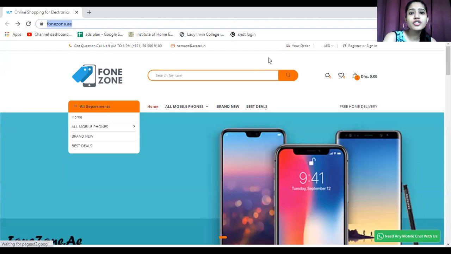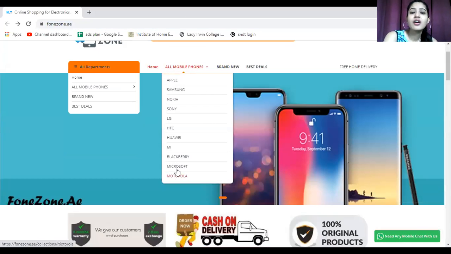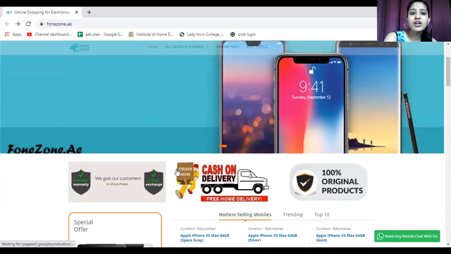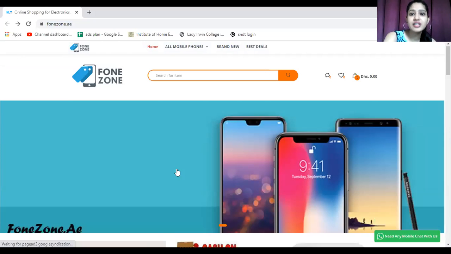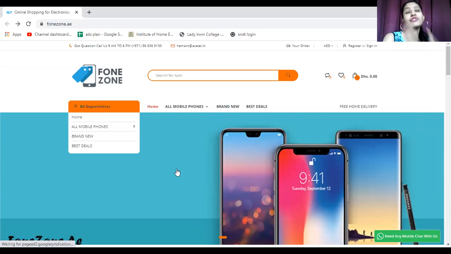This site offers you n number of gadgets in the category of all mobile phones, with advantages such as 6 months warranty, 7 days exchange policy, COD and free shipping.